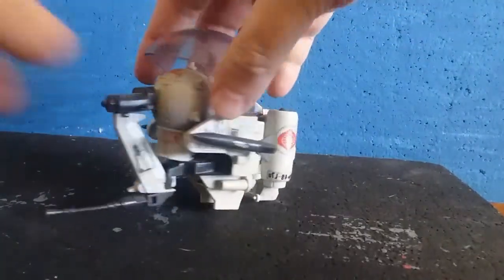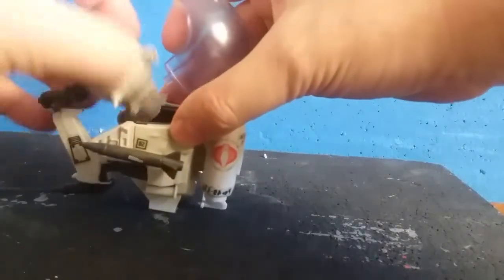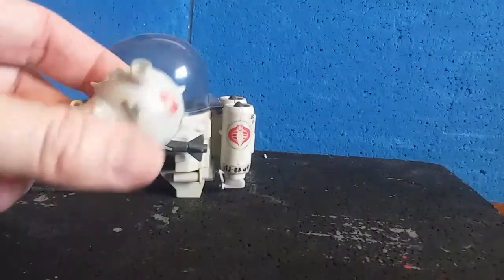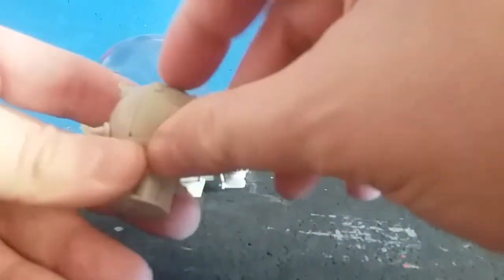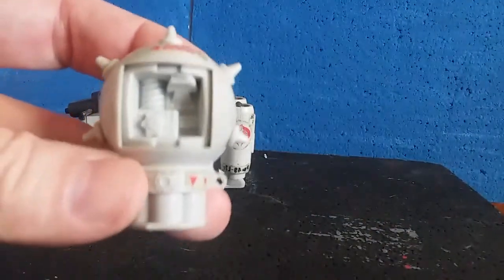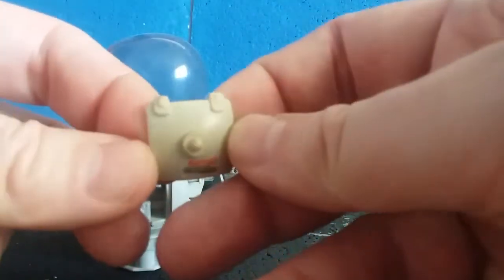So let's go ahead and take a look at this, starting off with my least favorite accessory. It came with this mine. I did not really play with the mine. I thought it was ridiculous at the time. As you can see, the plastic is subject to yellowing. I do have an instructional video on how to fix the yellowing on these. But the mine on the inside, you see it has some bomb works on it, and a removable panel,